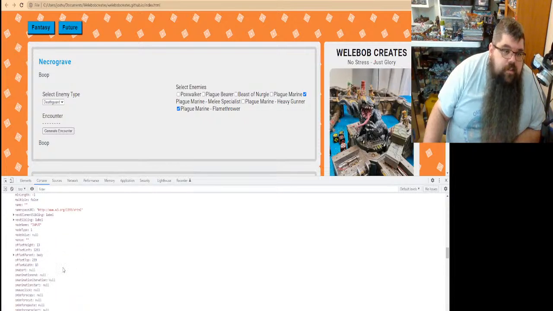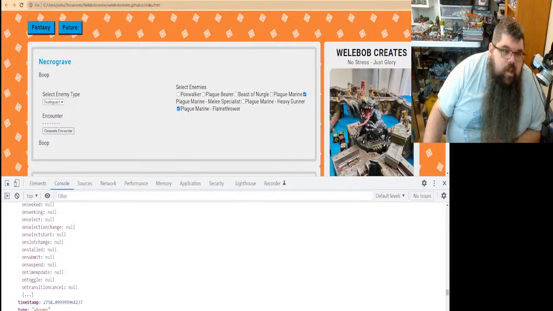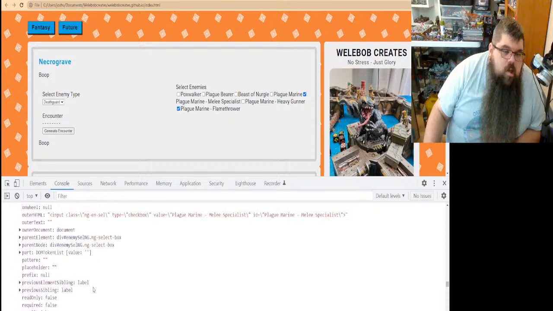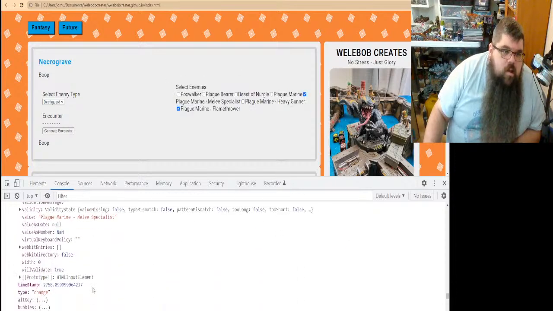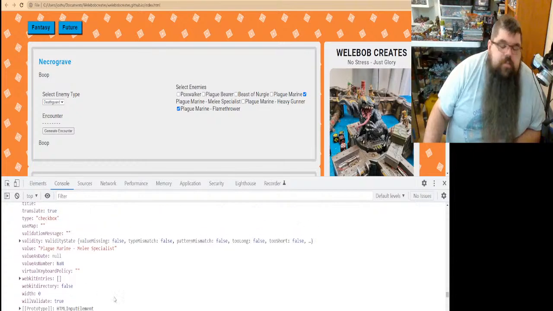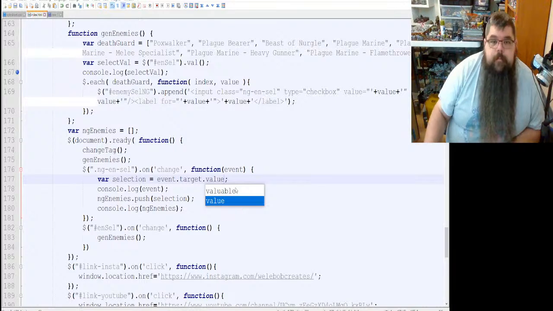It's really hard to see from where I'm sitting. Event target. Oh, it's event target value, not val. Okay, that's why. There we go.